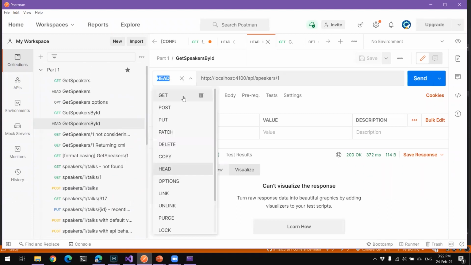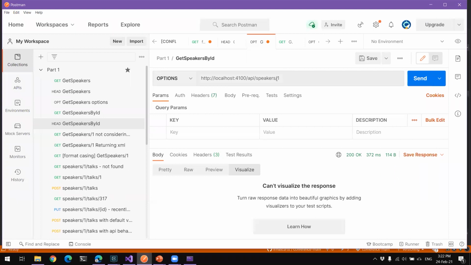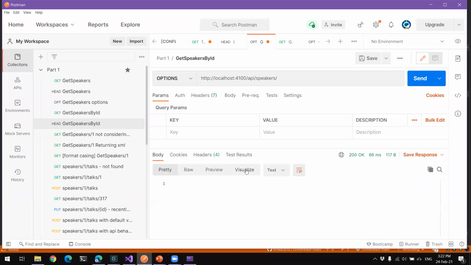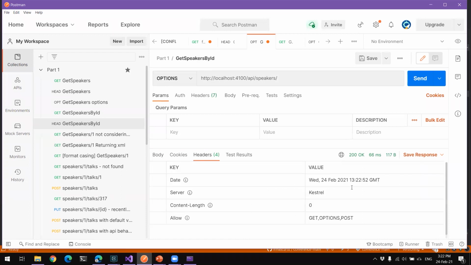But if we don't, we're just going to change the speakers and send. 200 OK. No body, because we don't return a body. But in the header, we have what we added. So in this specific endpoint, speakers, you are allowed to do a GET, an OPTIONS, and a POST, supposedly. But it's up to you to enforce that only these verbs are implemented in there.